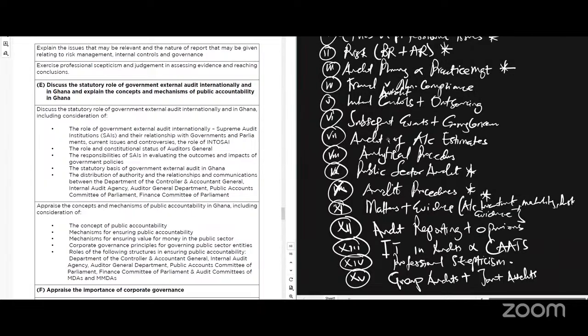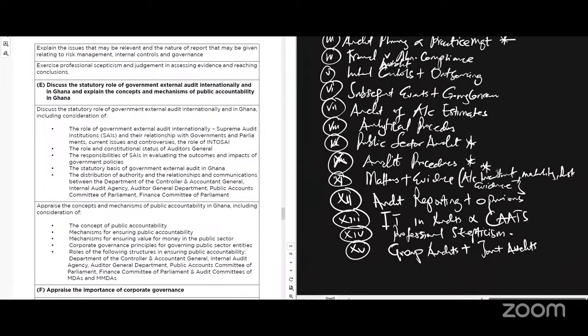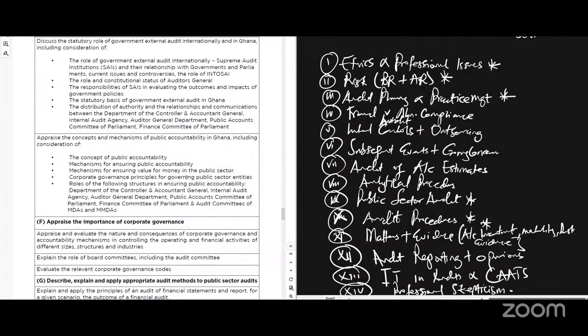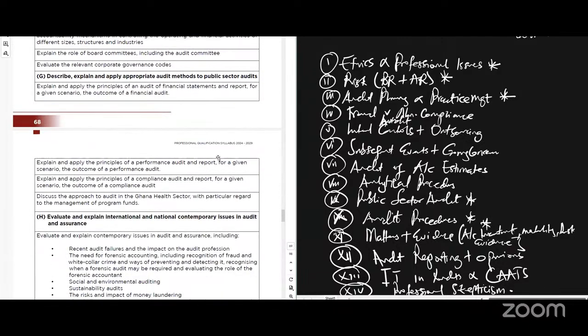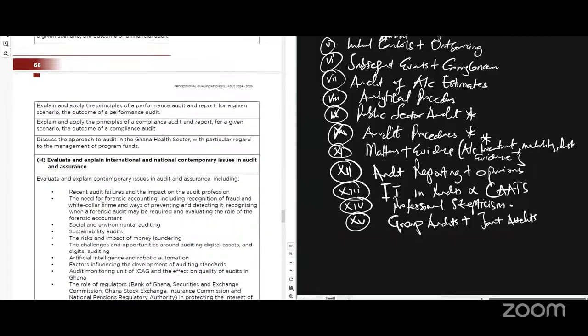I've given you 15 small topics. These are the major areas that, when you come to advanced audit and assurance, stand out no matter what. They are the same areas that they are going to bring. They are not going to change anything. Some few things may come that you may not know, but you don't shiver. Use the first 2 months to make sure these areas are on your fingertips. Then ask yourself, which area have I not covered? The small areas. Then you use the last 1 month.